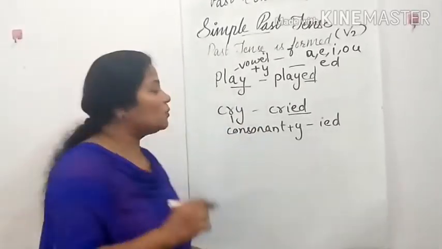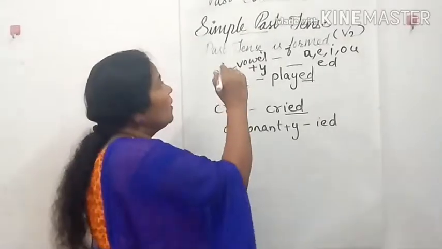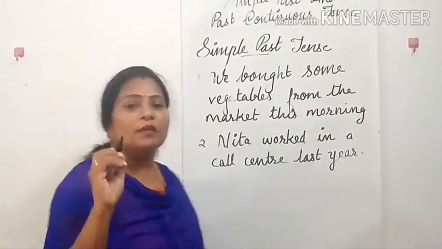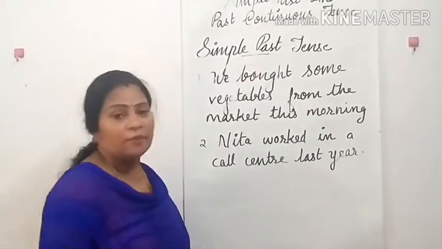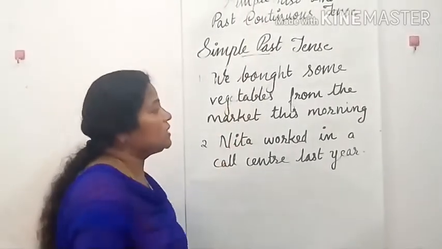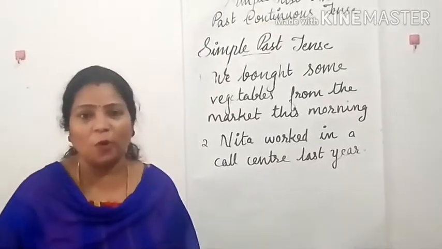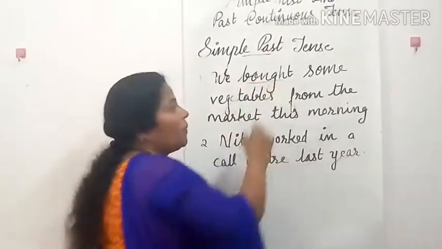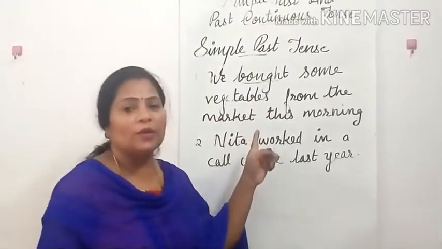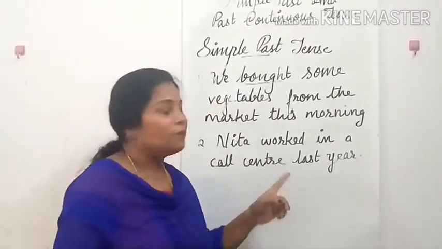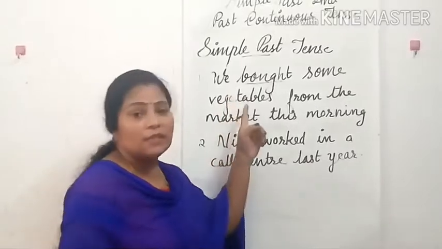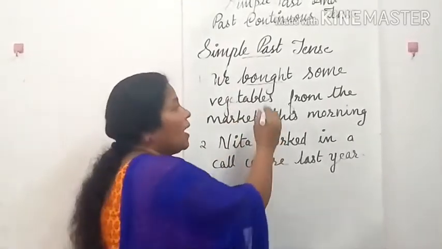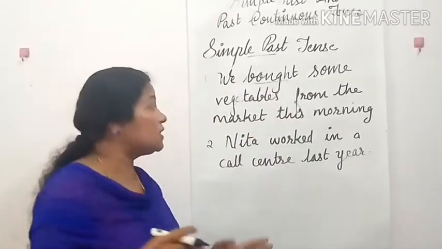The next, let's move on to some more examples of simple past tense. Now kids, let's see some more examples. We bought some vegetables from the market this morning. Okay. Now bought is in the past tense. It's an irregular verb. Okay. Bought is in the simple past tense. So this sentence is in the simple past tense. And it says that we bought some vegetables from the